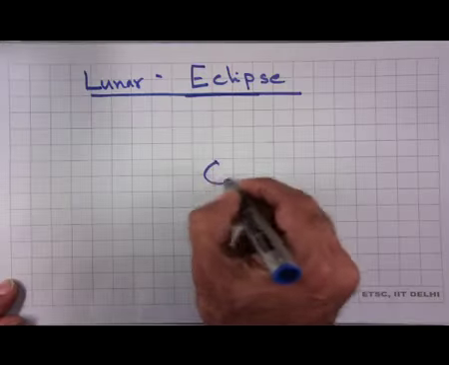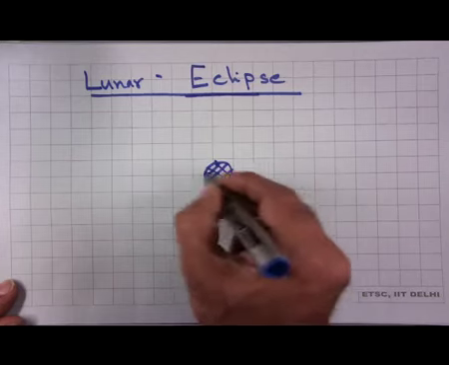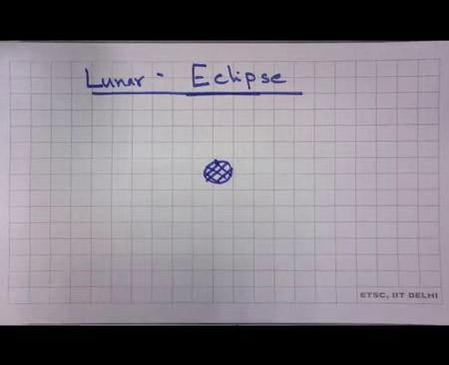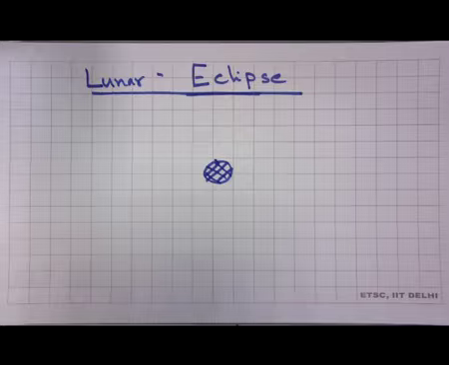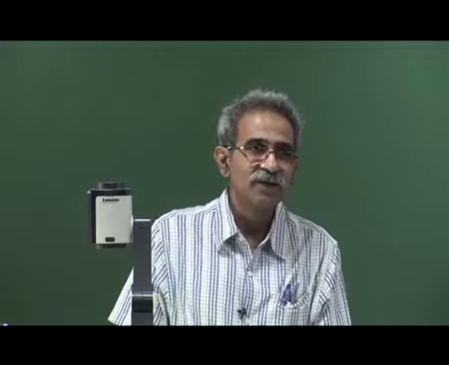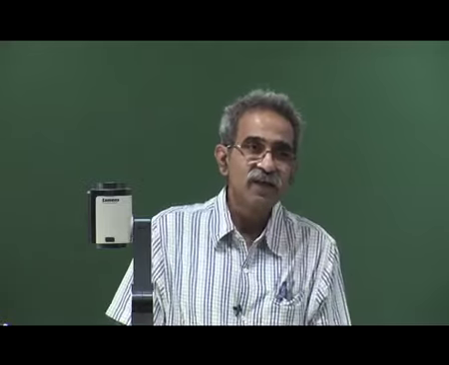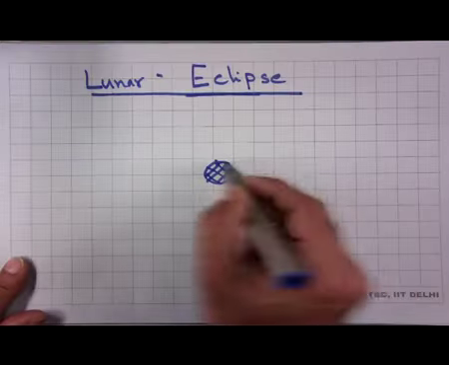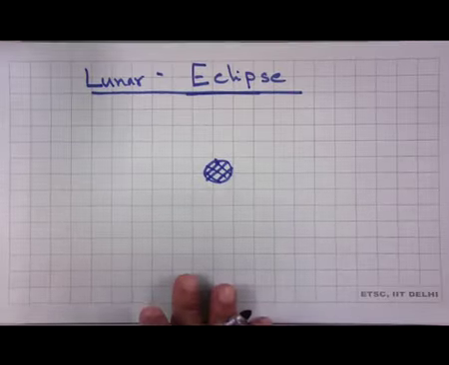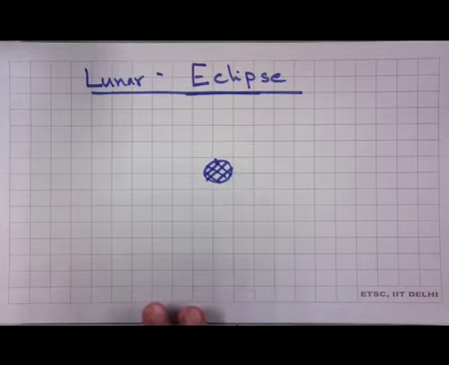So you have the earth here, and what we shall do is to assume that the sun is at a very, very large distance compared to the distance between the earth and the moon. That is what we shall assume. And we say that we are observing an eclipse simply because the moon enters the earth's shadow. That is what is happening. So if the sun is very, very far away, then an object at infinity will produce parallel rays.